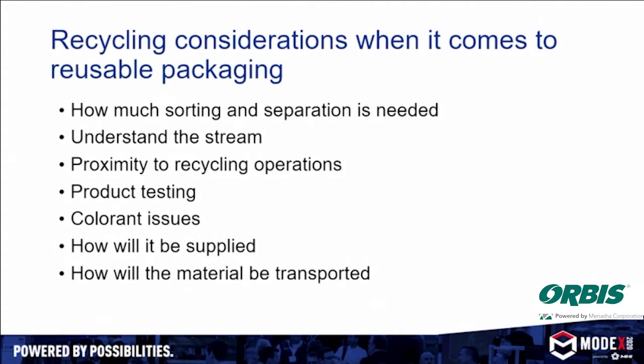Colorant issues. Probably if there's one thing you could take away from today, and I'm just going to talk on the plastic side of things, is as an industry, we use a lot of color. We use a lot of color because we aren't necessarily helping ourselves with supply chain movements of our products through our systems. We use a lot of color to try to differentiate our packaging. I can tell you from